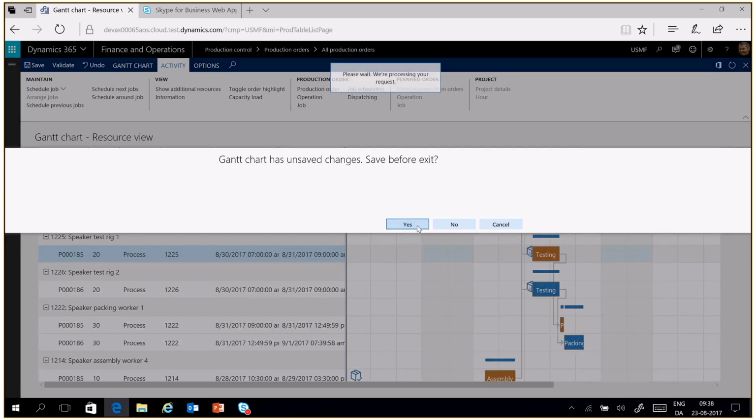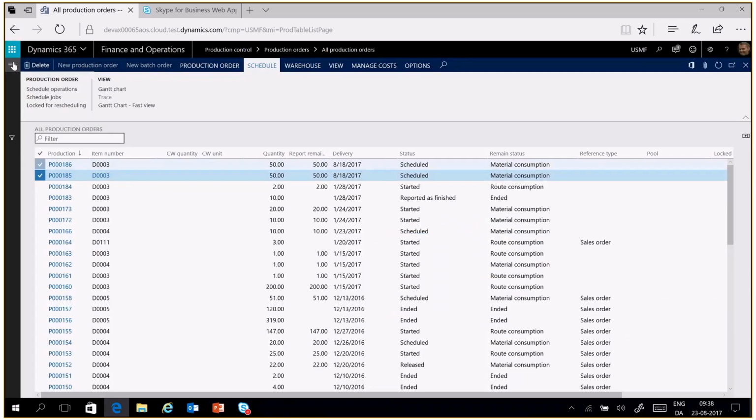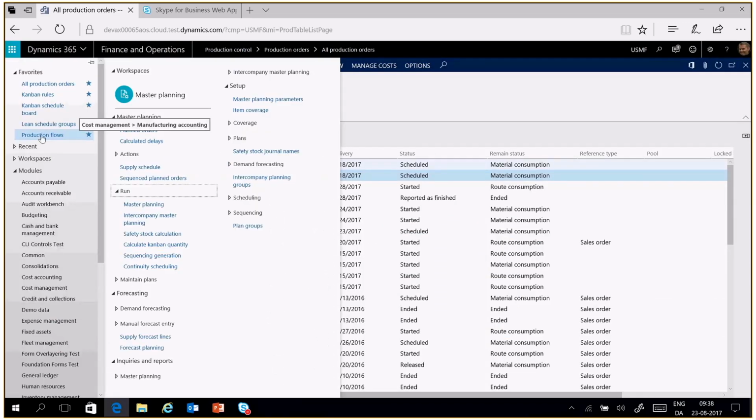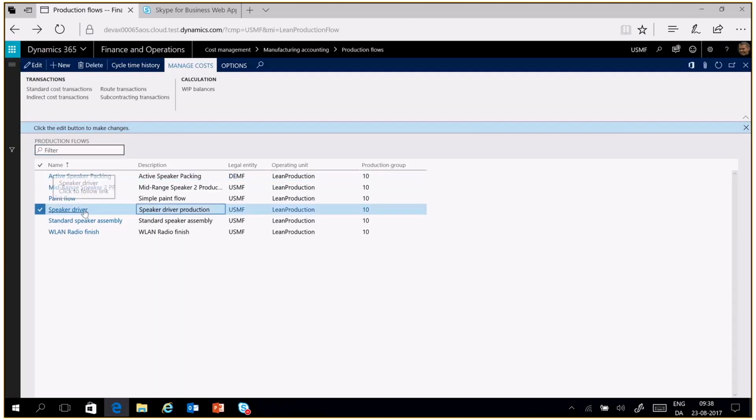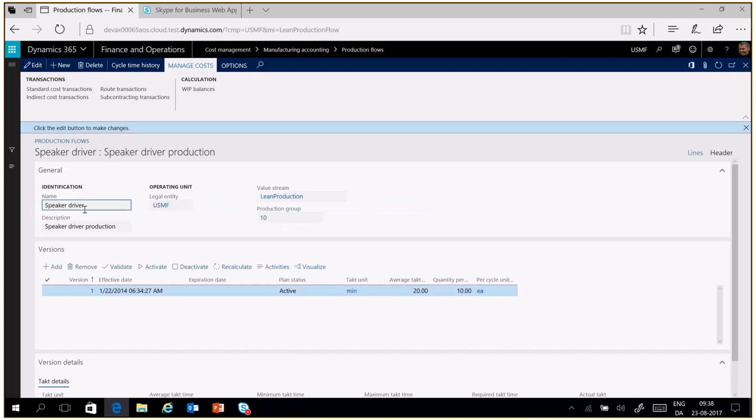And then I'm going to first open the Lean production flow. I prepared a production flow for a speaker driver. In the Lean production flow, you configure a flow of Kanban activities. So we have a visual. I already defined a Kanban flow, a production flow for speaker driver